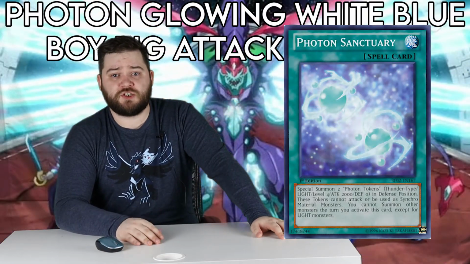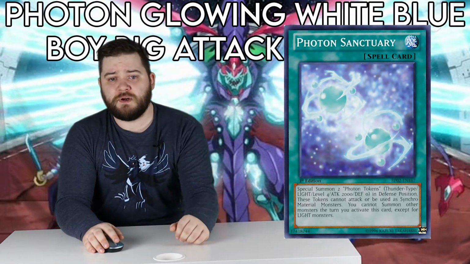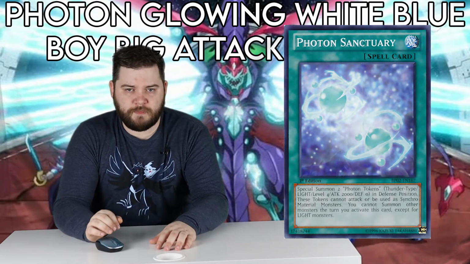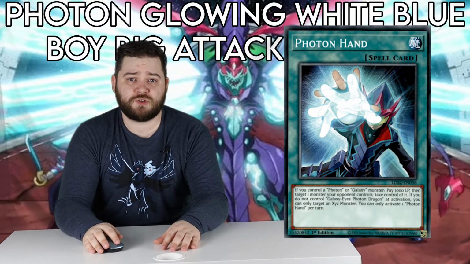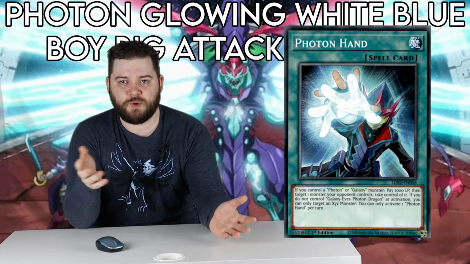Photon Sanctuary summons 2 free tokens on your board and makes for a free Soul Flare Dragon, but it does lock you into only summoning light monsters for the turn you use it, so do keep that in mind. Photon Hand, which is a snatch steal for any effect monster if you control a Galaxy Eyes Photon Dragon, but only an Xyz monster if you don't, so it's a pretty situational